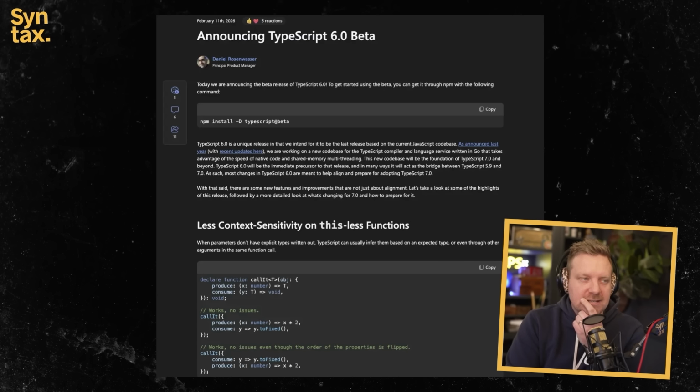Stop sending me mail. Anyways, something that is a little bit on a higher note, TypeScript 6 beta has been released. A lot of this stuff was setting the path for TypeScript 7. So a lot of it is just like, it's going to throw warnings, and these will be deprecated. Not stuff you probably use all that often.